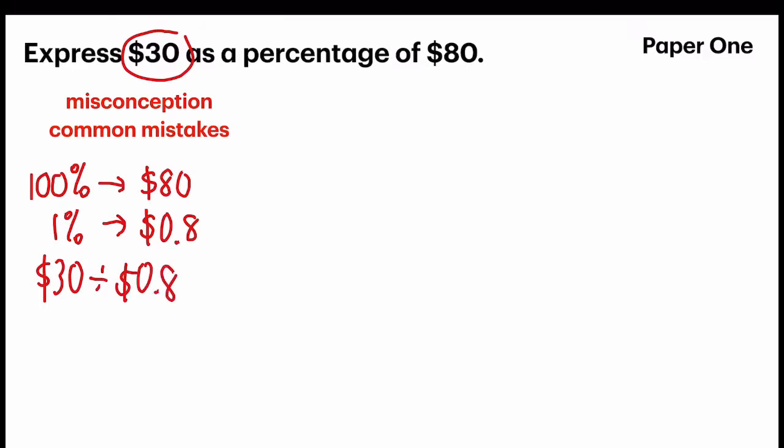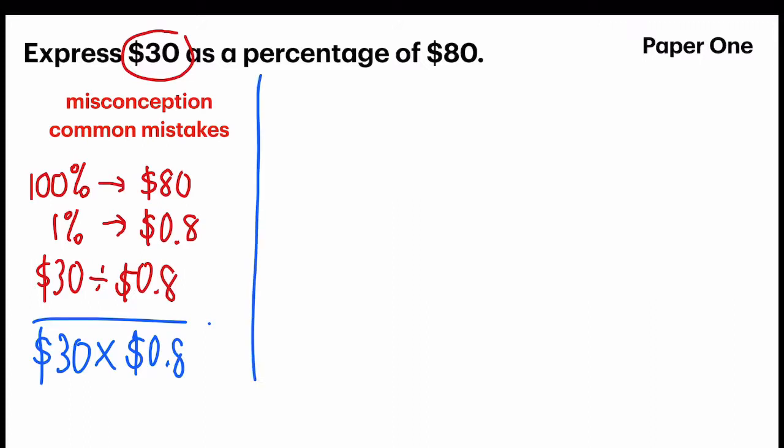So that's what I mean by unfriendly numbers. 30 divided by 0.8. They will probably scratch their head and wonder, oh, what am I supposed to do? And if they are not good with division of decimals, that's where they will struggle. And I even have students who, instead of dividing, took 30 times 80 cents, and this would derive them with a wrong answer. So I would tell them not to use these methods, but instead there is an easy alternative to